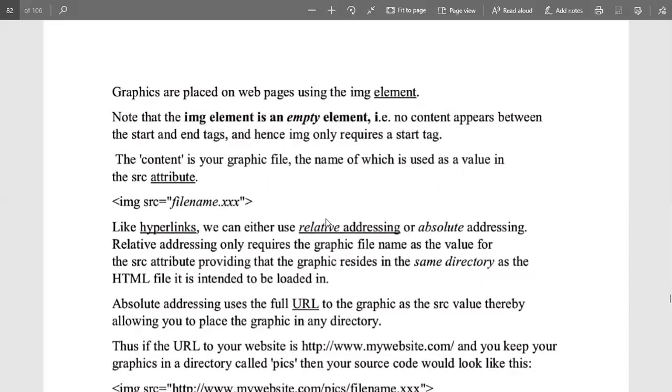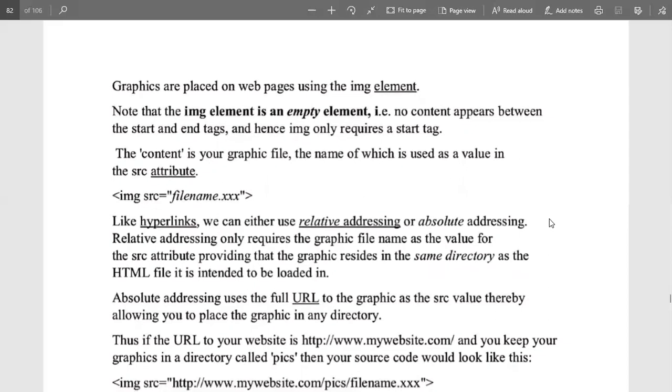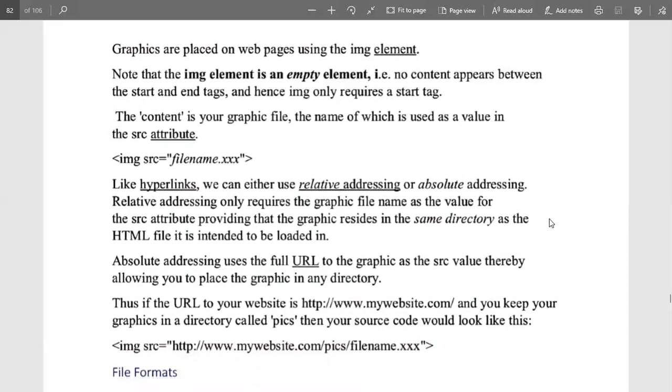Like a hyperlink, we can use relative addressing and absolute addressing. I already discussed the relative and the absolute addressing. Relative basically means requiring the graphic file's name as the value for the source attribute, with the graphics in the same directory. So we need not mention the complete URL. We need not mention where it is actually placed; we just have to mention the folder.